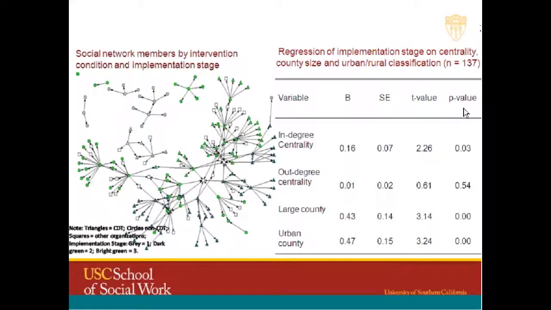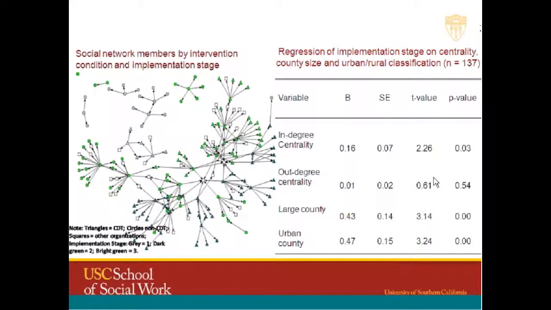of that network, you'll see a lot of arrows pointing to a single open square box, and sort of illustrates the key opinion leader who actually turned out to be a member of the California Institute of Mental Health, who was connected in one form or another with a number of the agencies that were participating in this study. On the right-hand side of that slide, you'll see a table that identifies some of the significant predictors of implementation that are associated with the network characteristics.